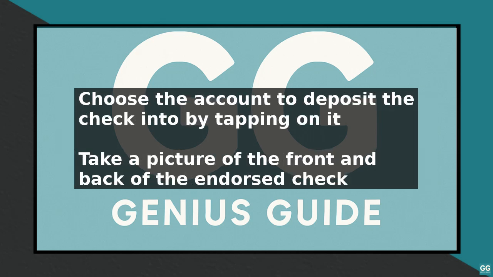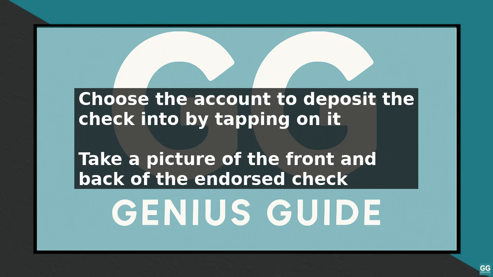You will then be prompted to take a picture of the front and back of the check. Make sure the check is endorsed with your signature and the words "for mobile deposit only at Capital One." Take a clear and well-lit picture of the check, ensuring all four corners are visible and the check is on a dark background. The app will guide you through the process of taking the pictures and will automatically detect the